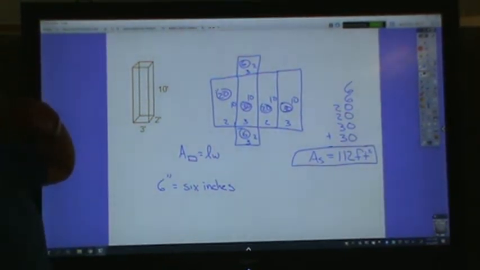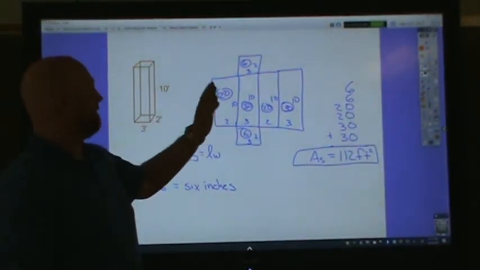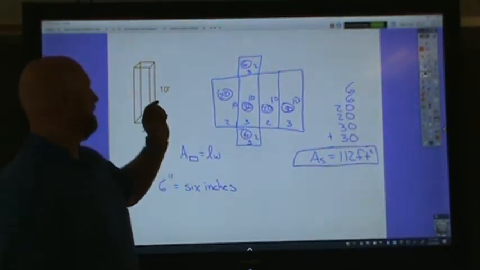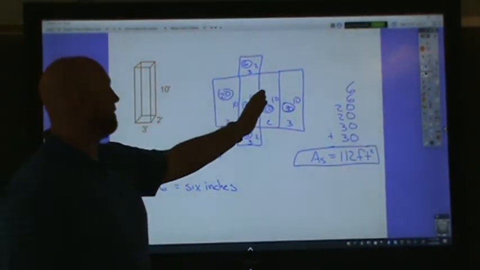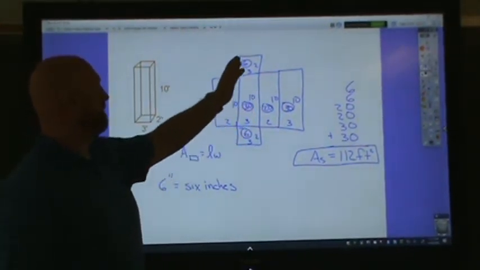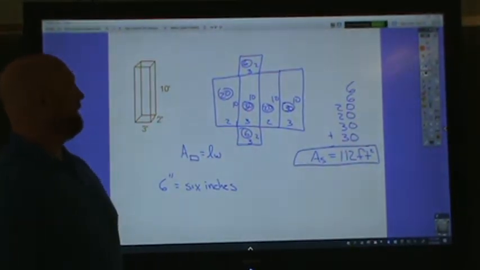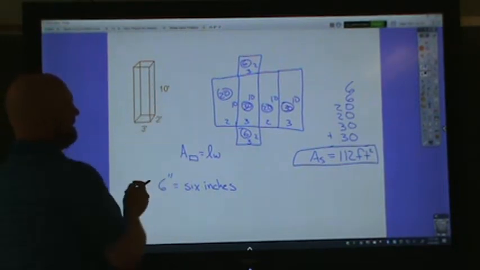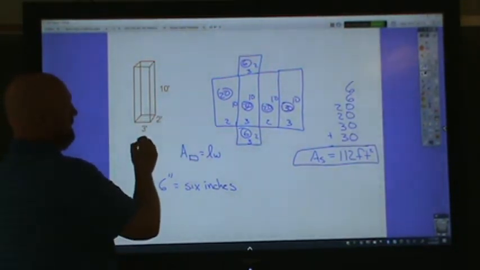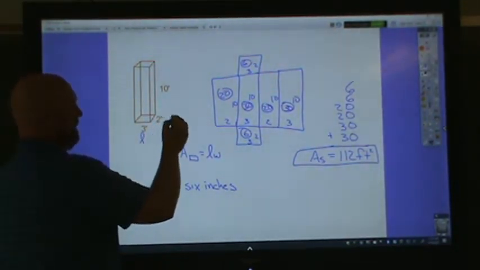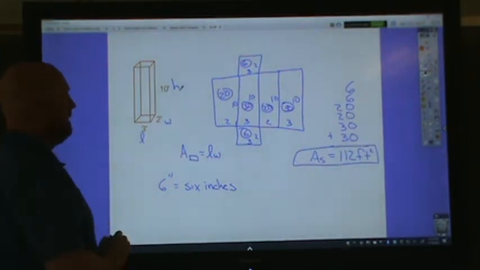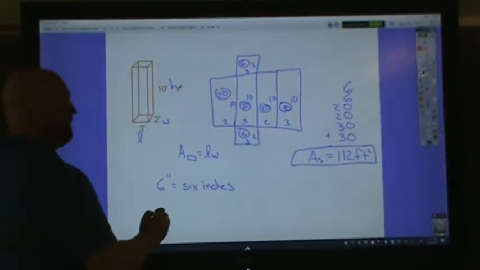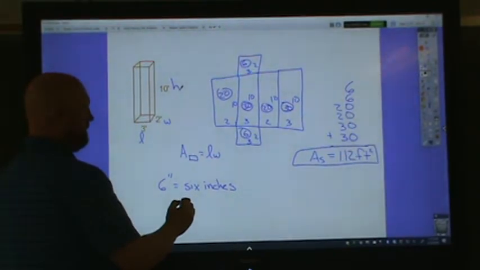And if you notice on all these, the front matched the back, the left matched the right, and the top matched the bottom. So if we call the dimensions on the sides of the rectangle length, width, and height, what we really do is we end up doing